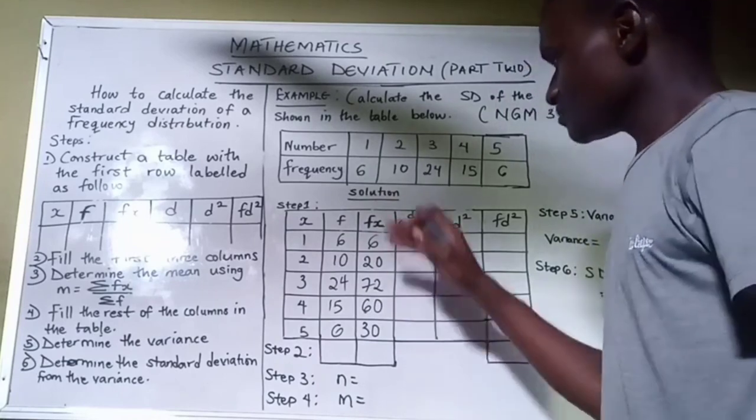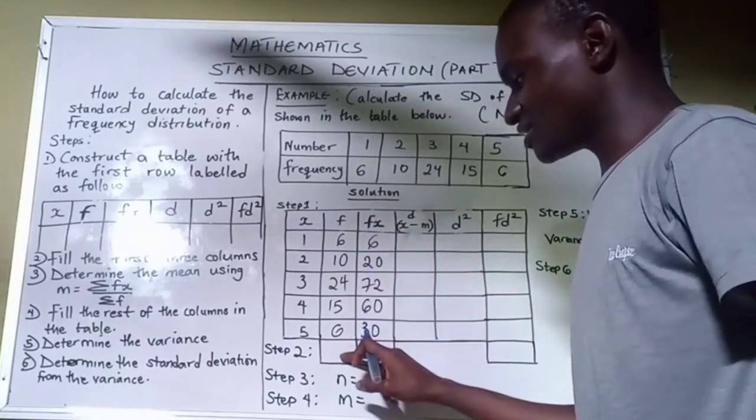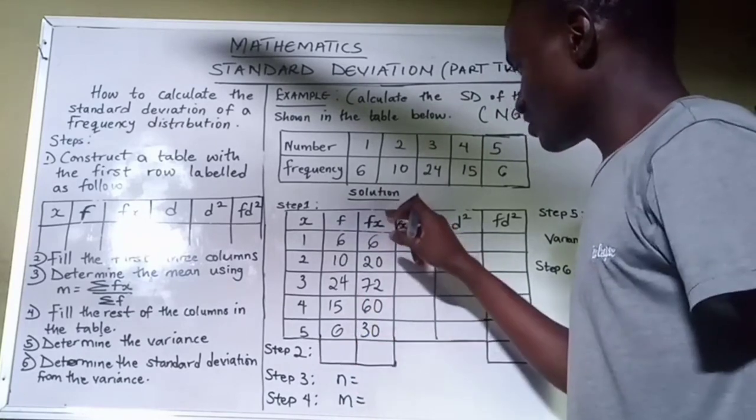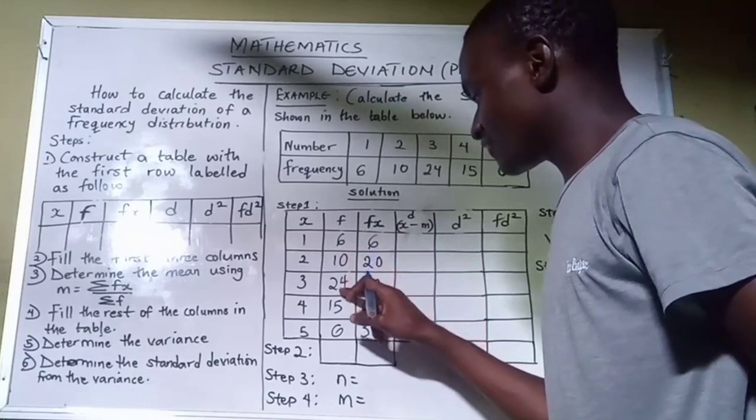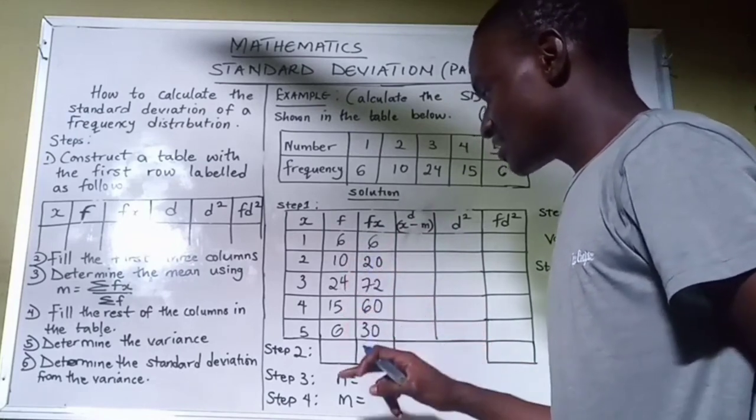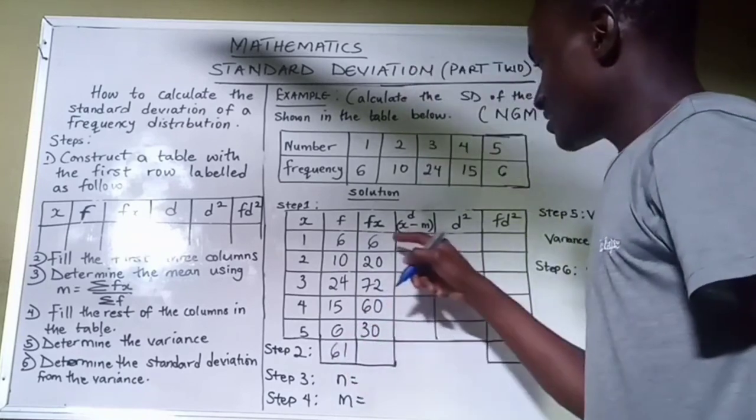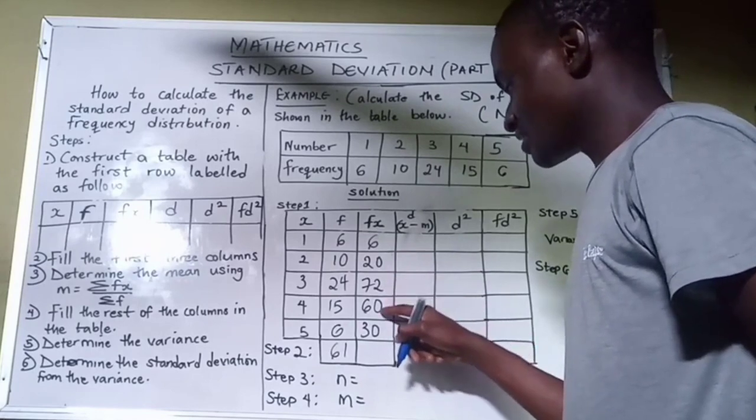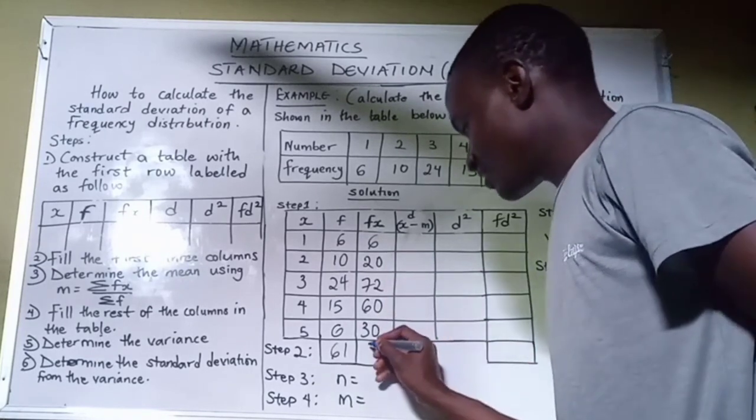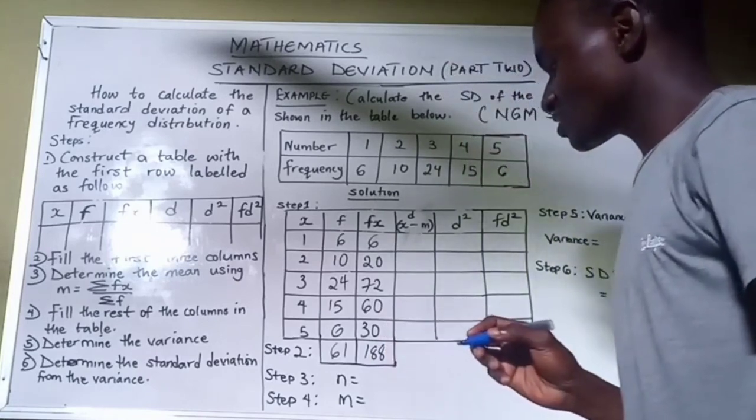Now, we are interested in finding the summation of the frequency. We have to do this. Find the summation of the Fx as well. 6 plus 10 plus 24 plus 15 plus 6. The total of all this will give us 61. 6 plus 20 plus 72 plus 60 plus 30 will give us a total of 188. This is the summation of our